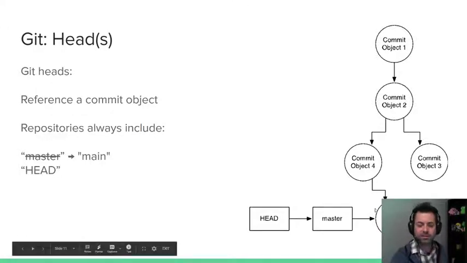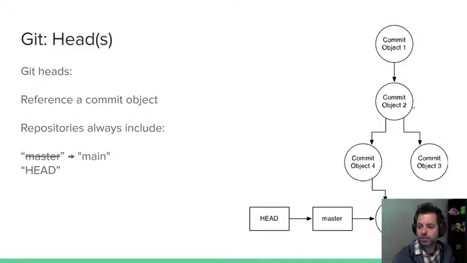So typically it's whatever the latest commit is. But there's nothing stopping you from putting the head at like commit object 2 if you need to revert or if you need to go back or anything like that. So it's basically just a reference. It's kind of treated like a branch, honestly, in a way, in terms of Git. But you're always going to have a head pointing to some commit object.